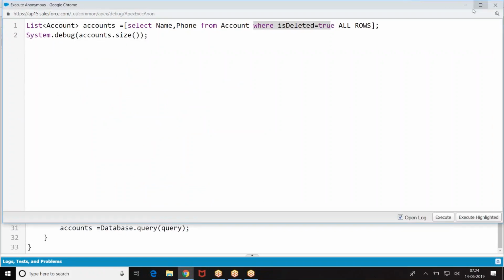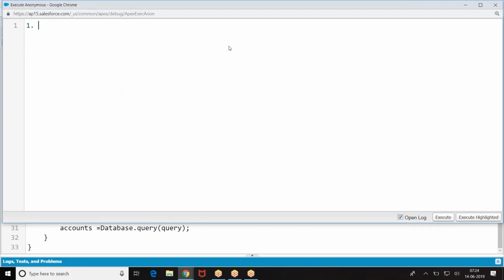Look at my requirement. Fetch all the contacts of those accounts whose industry is energy. Then what should I do in this case?